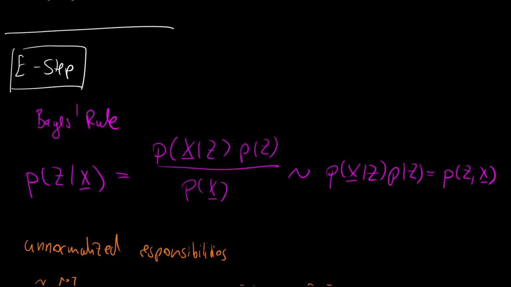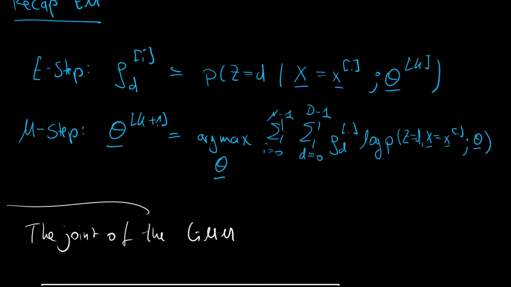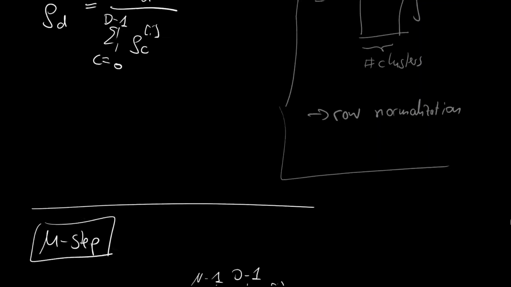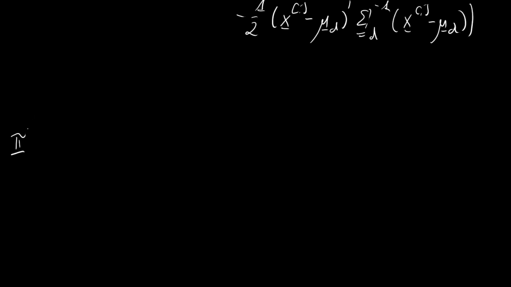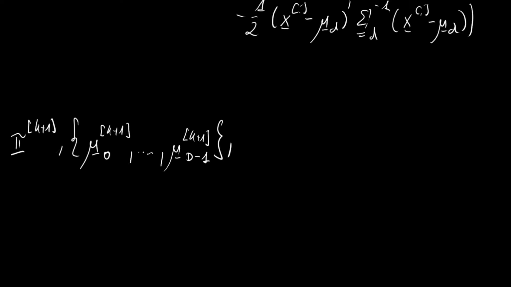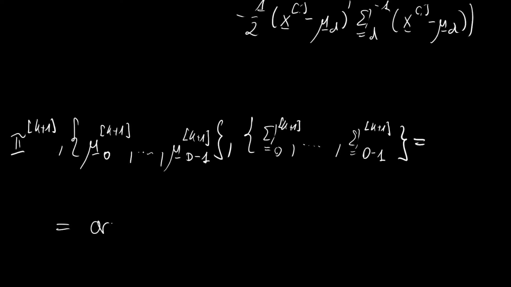So here we just wrote it down in an abstract fashion, so that we want to say that the parameters at the next step are given as the arc maximum here. But now we want to make this more explicit and say that the pi vector at the next step, as well as the mu vector of the 0th cluster at the next step, all the way to the mu vector of the last cluster, so the d minus 1th cluster at the next iteration, and all the covariance matrices, so the 0th covariance matrix all the way to the d minus 1 covariance matrix at the next iteration, all of them, and this is already occupying the entire line, so we'll continue down here, is given as the arc maximum